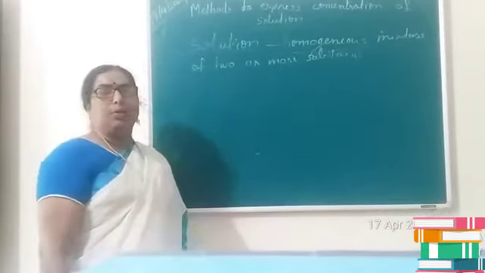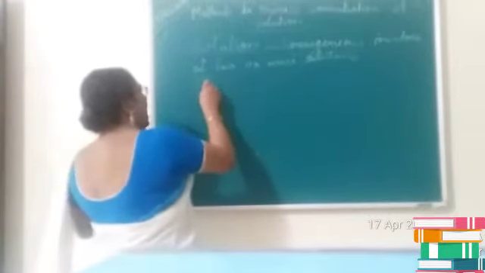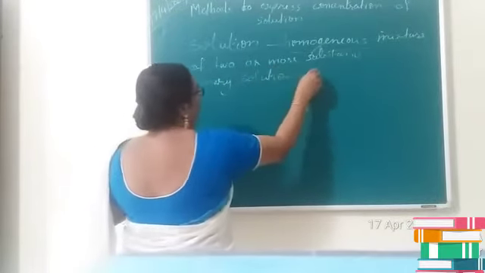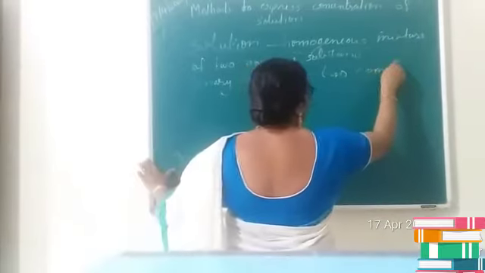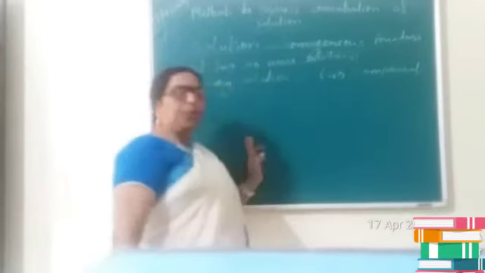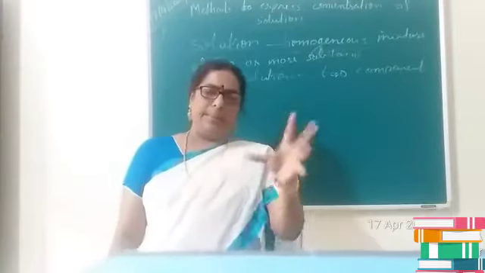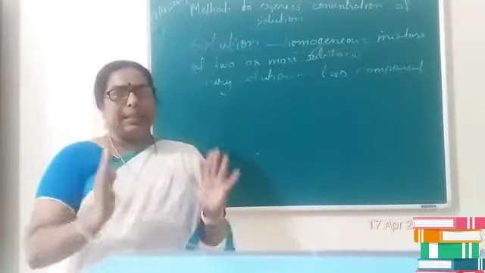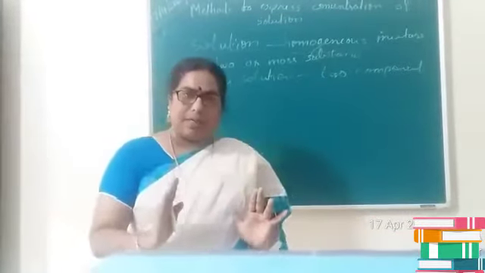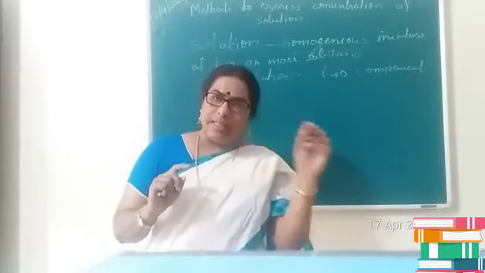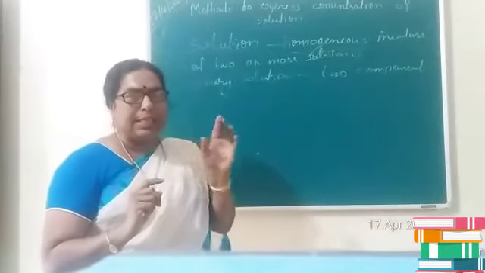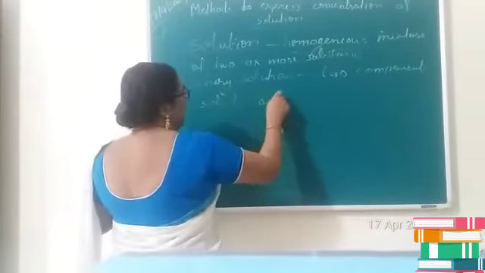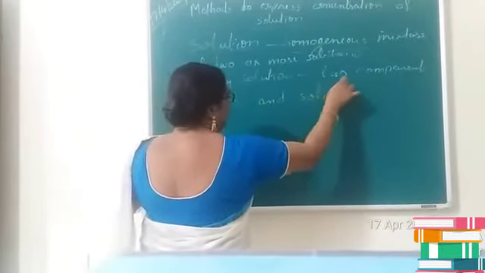Here we are going to study only about a binary solution. As the name indicates, a binary solution is a solution made up of only two components. For example, I will take a glass of water and dissolve 2 or 3 spoons of sugar in it. The major component in that glass is water and the minor component is sugar. The component present in small amount is termed the solute. On the other hand, the component present in large quantity is termed the solvent.